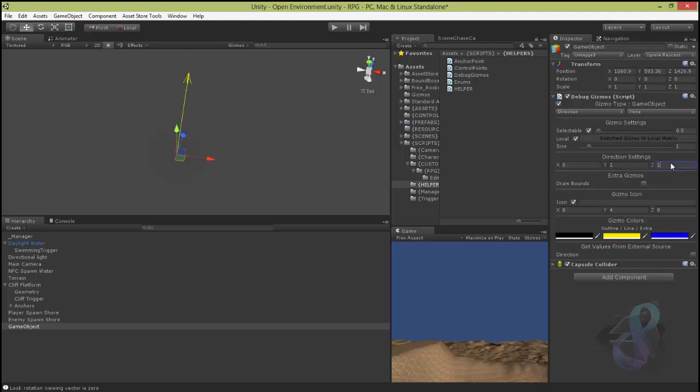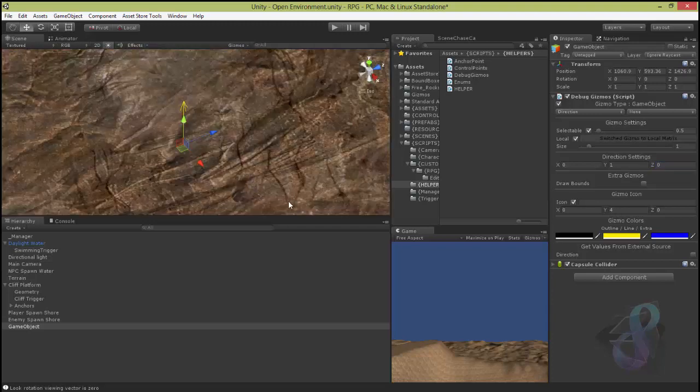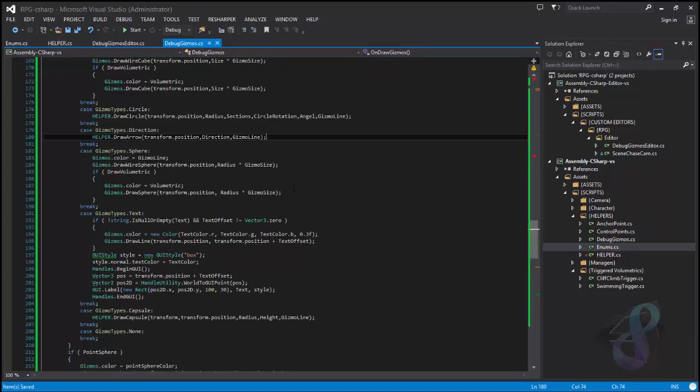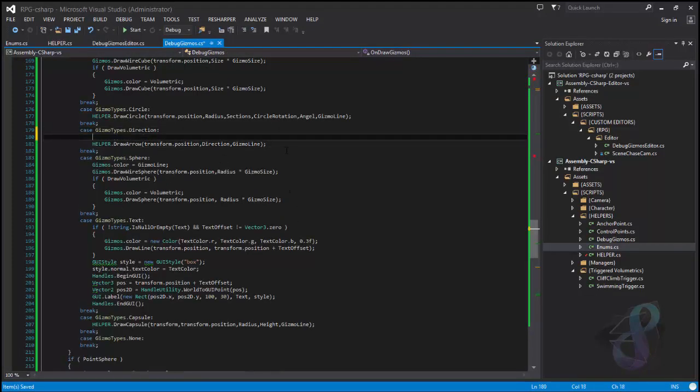0 0, and this is the 1. Okay, so we get the direction anyway, and that's it. I should check it. I don't like it. So you say if direction does not equal Vector3.zero, then we draw the arrow. Now that we have that,